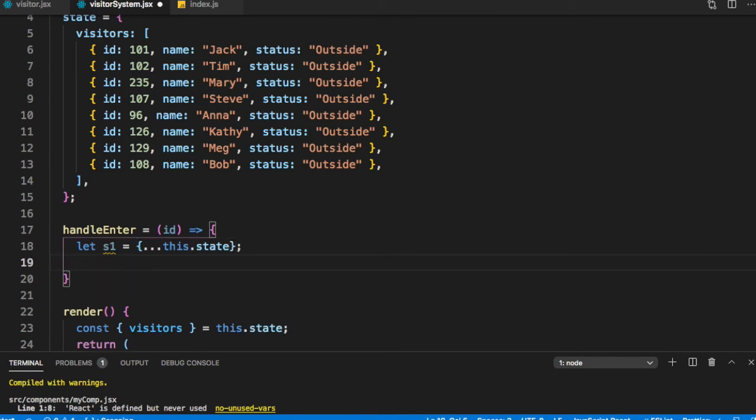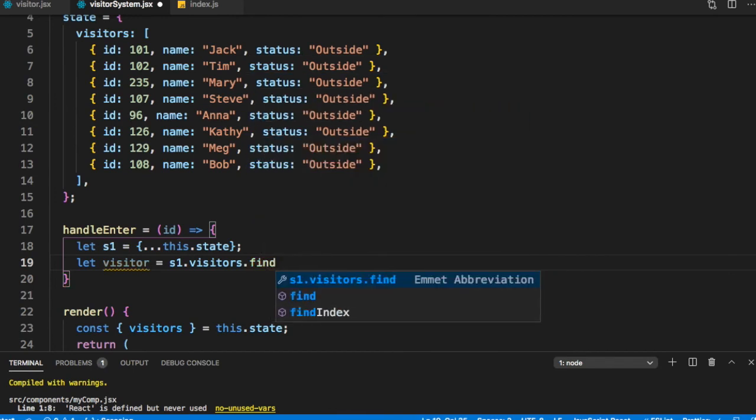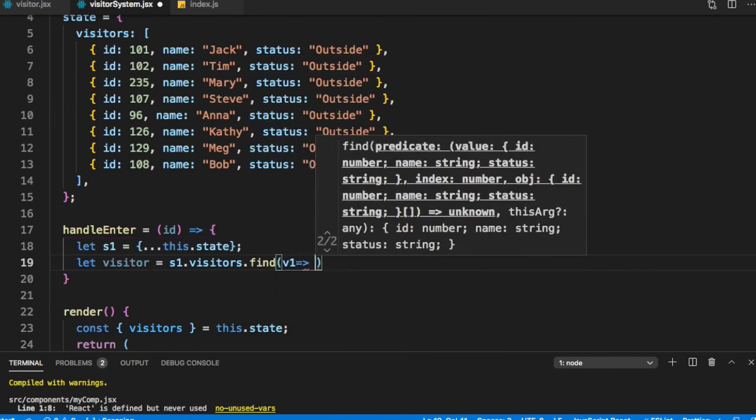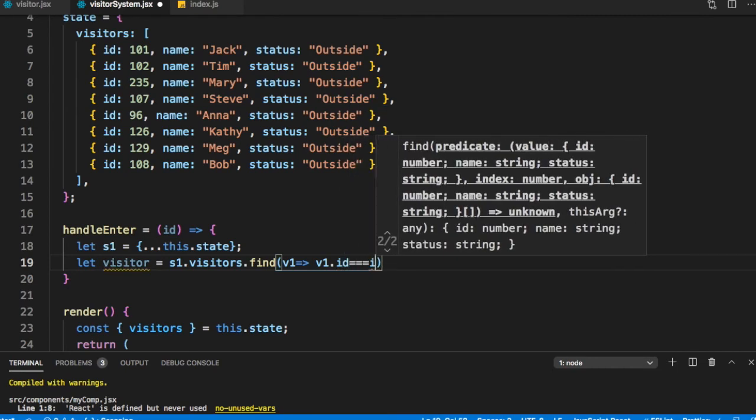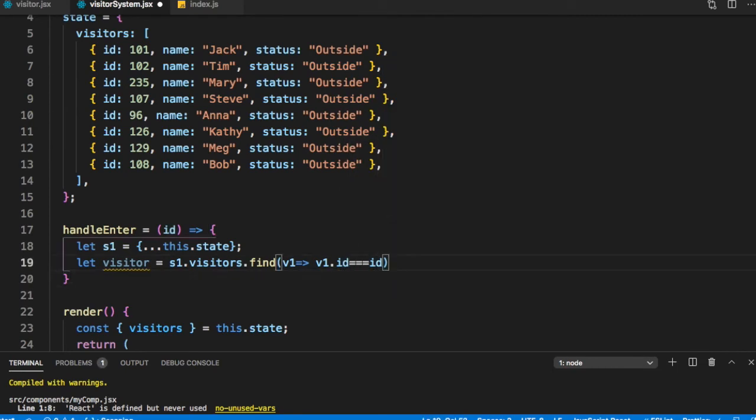We need to find the visitor, so let visitor is equal to s1.visitors.find(v1 such that v1.id is equal to id). So we have found the visitor.